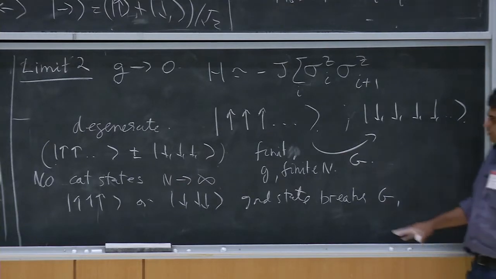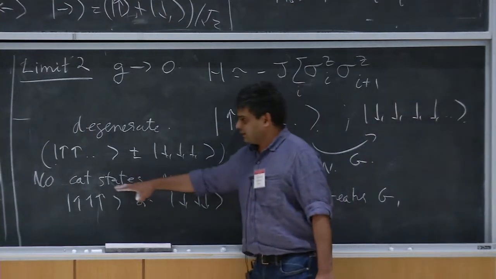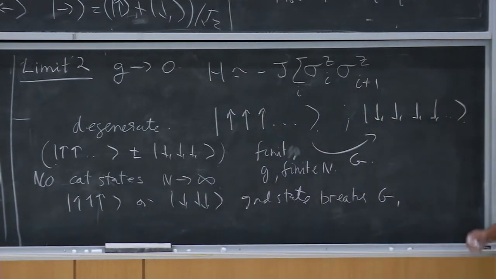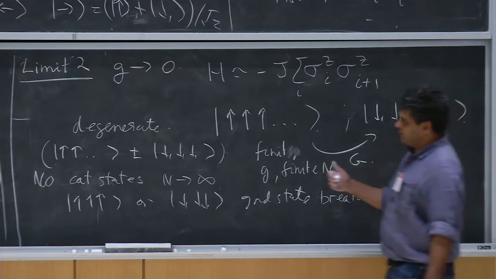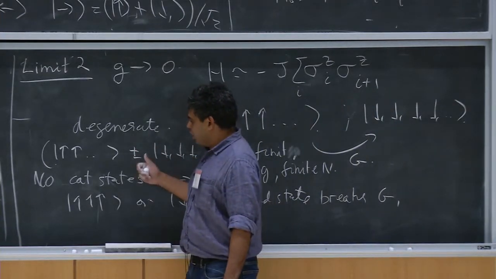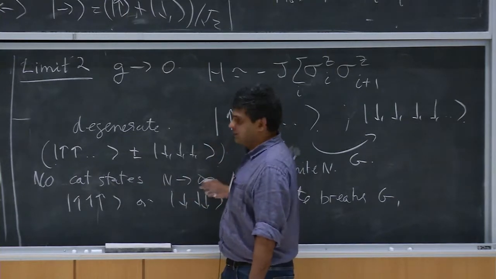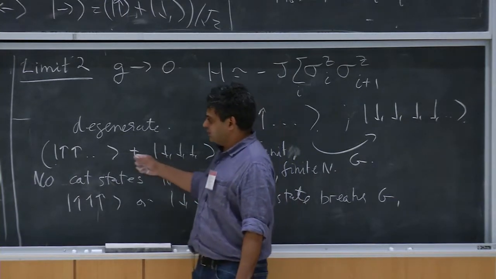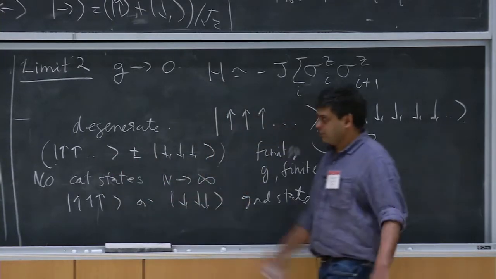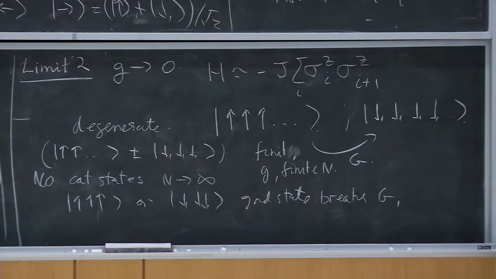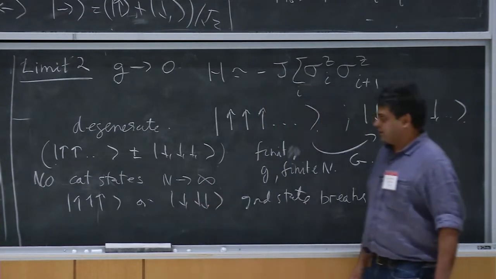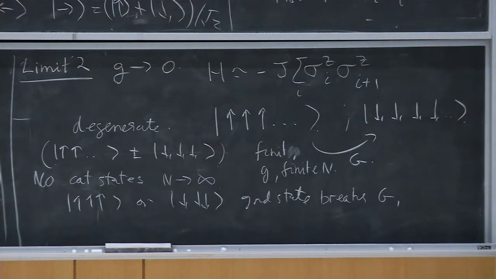Okay, so there are more physical ways of doing this. This is kind of an entanglement way of kicking out these states. You can also think about putting on a small magnetic field that breaks the symmetry, but then you imagine keeping that field present, but extremely small. Take the limit of n going to infinity, and you'll see that you can have even an infinitesimal field, and you'll favor one or the other state. Okay, so then you can more or less ignore the field, switch it off, and you'll end up in these broken symmetry states.